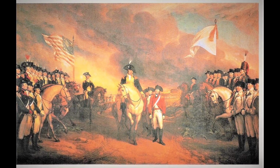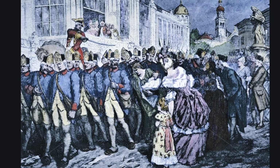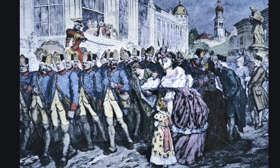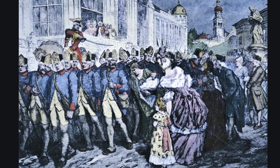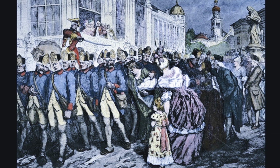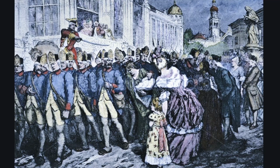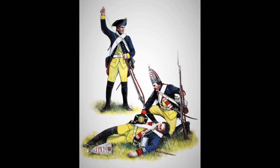Throughout the conflict, the Continentals had made strong overtures to entice German troops to desert. Many did so, and some were taken prisoner, captured in this painting with rows of Hessian prisoners without weapons, marching through a town with women and children looking on. During the course of the conflict, some chose to remain in the newly independent United States at the conclusion of the